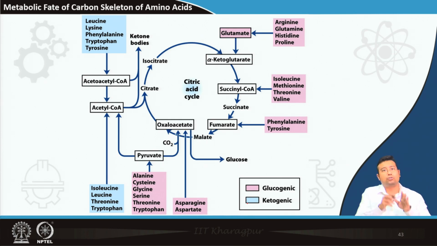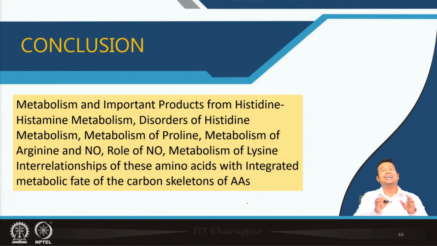So, at this point you should be able to answer what are the sources and what is the metabolic fate of all amino acids that is shown in this diagram, all right. So, to conclude this chapter, we have discussed the metabolism of histidine, how histamine is formed, how histamine is degraded. We have discussed metabolism of proline. We have discussed metabolism of arginine, nitric oxide, role of nitric oxide. We have discussed the metabolism of lysine, what is the common metabolic fate, what is the common fate of glucogenic amino acids, what is the common fate of ketogenic amino acids, and all the amino acids are somehow connected in a common